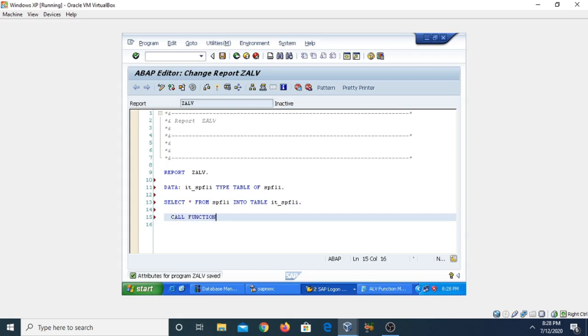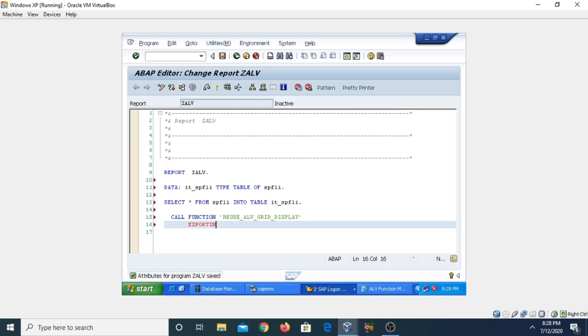I have already told you there are a number of predefined function modules that you can directly use. So I am going to call the function REUSE_ALV_GRID_DISPLAY. This is how you can call any function.